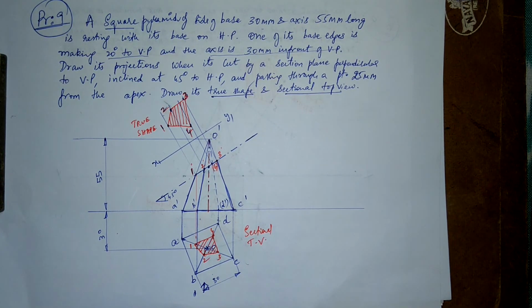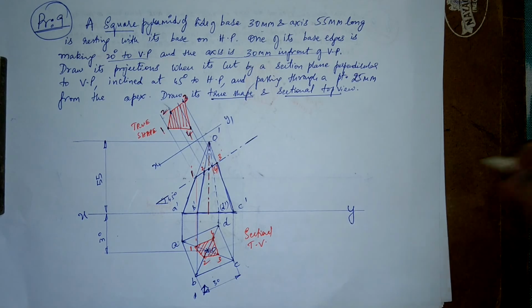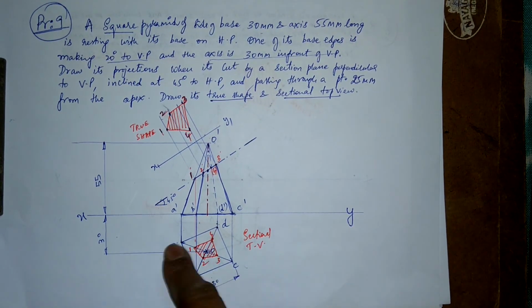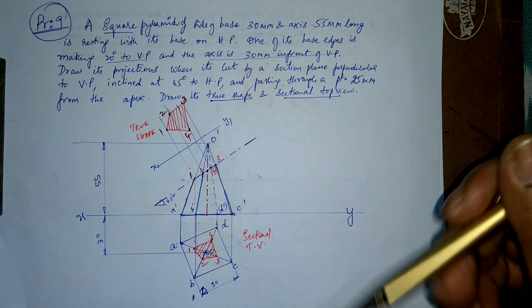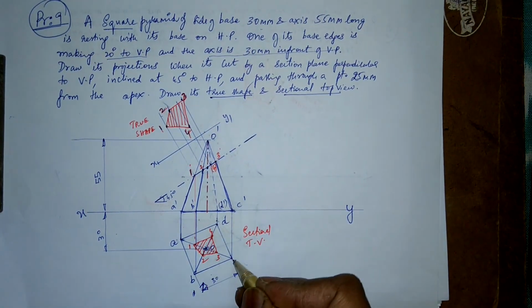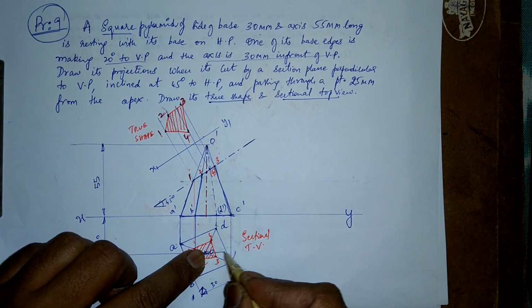Is any of the top view line OA, OB, OC, OD line parallel to VP or parallel to XY line? Okay, let me just put this XY. Are any of the OA, OB, OC, OD lines parallel to XY line? Yes or no? It's a clear no, right? OA, OB, OC, OD, none of them are parallel. So how do I get the true length now? So using the straight lines concept, OC as radius, I just rotate it through and make it parallel to the